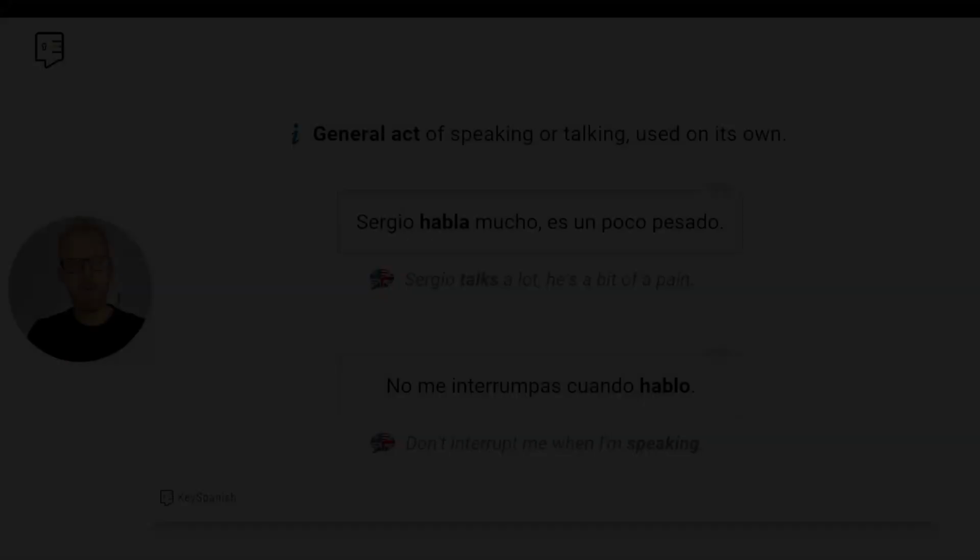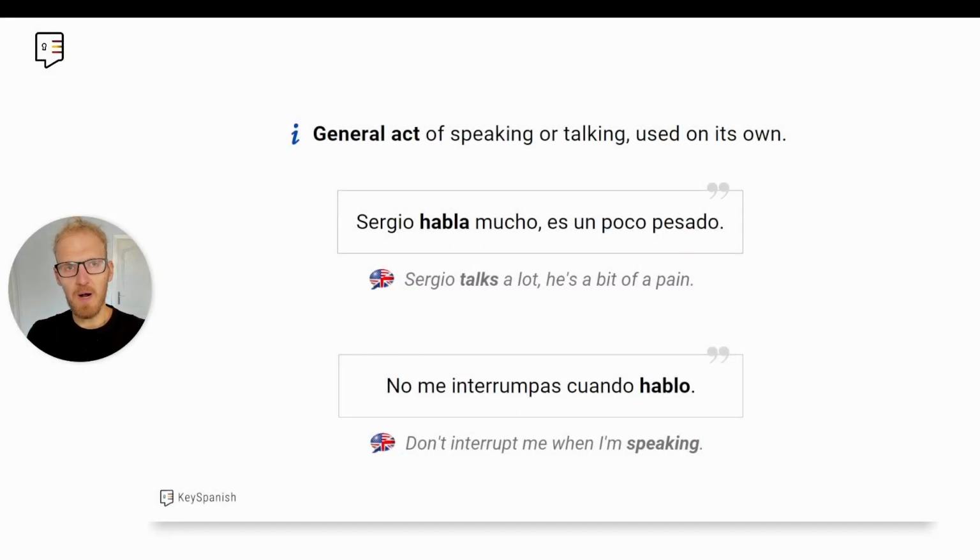Sometimes it's confusing when to use the verbs hablar, contar, decir, when you mean to speak, to talk, to tell in English. But in this lesson, we're going to master the differences between these verbs so you can speak confidently. Vamos! We're going to start with the most straightforward one, which is hablar, because it's translated as to speak or to talk. However, there are some distinctions you need to be aware of.